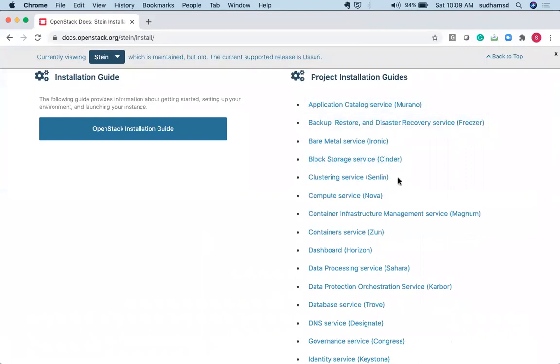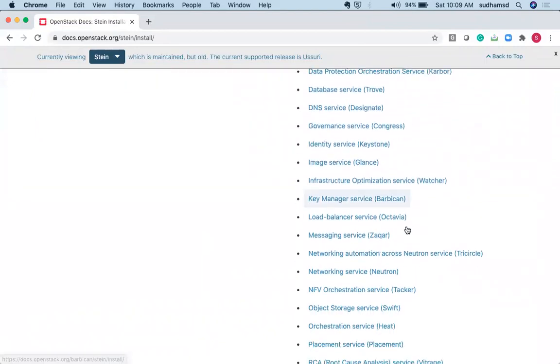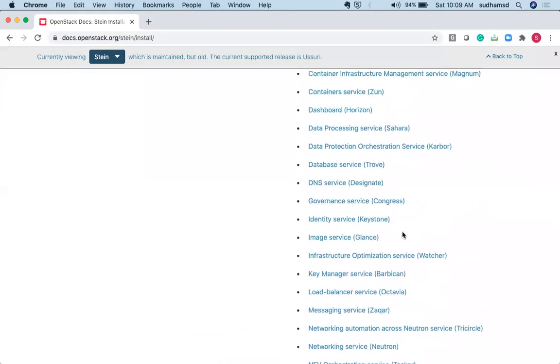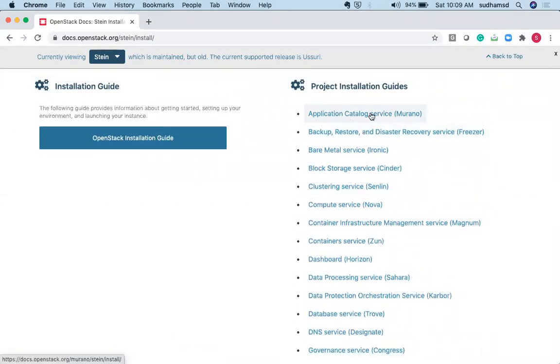See, these are the components which are supported by this particular OpenStack Stein release. Application catalog service, bare metal service, block service, Cinder. In AWS, it is called EBS, Elastic Block Storage. Cluster service, compute, in the sense instance, EC2.